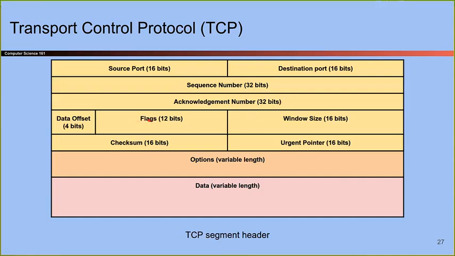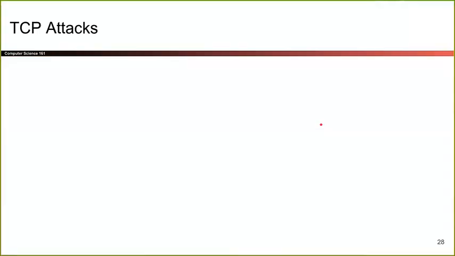Here are the flags. So if you want to set SYN, ACK, FIN, reset, they'll all show up here in these flags. There's a checksum to prevent against random tampering, but it's not enough to prevent against malicious tampering. And then there's some other stuff that we don't care about. And then at the end, there's data. So that's a TCP packet or a segment. And this is the header, and then the data is down here. So here you can see all of it in all of its glory, I guess. Okay. I think that's basically it for the protocol.